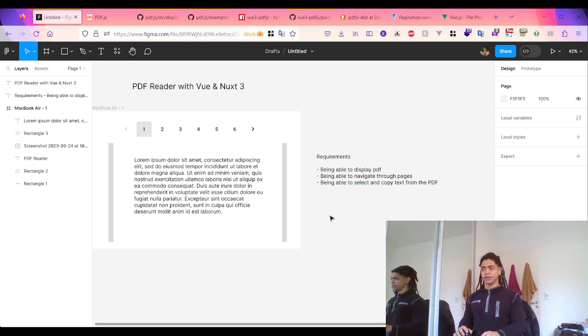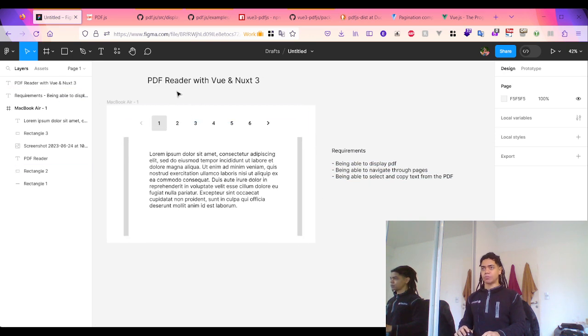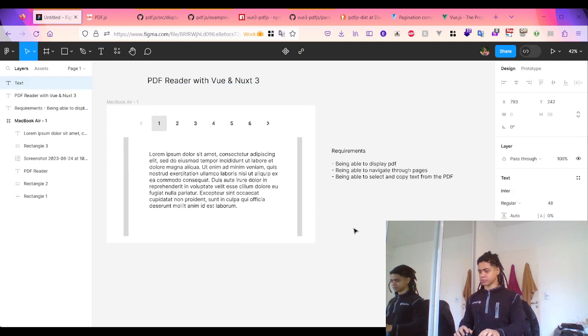So the possible roadmap, the naive roadmap, is to define the UI,